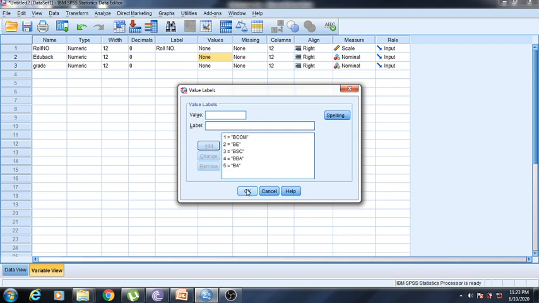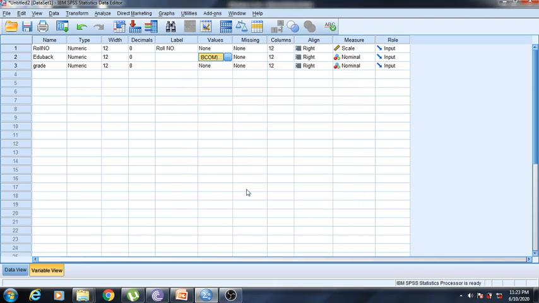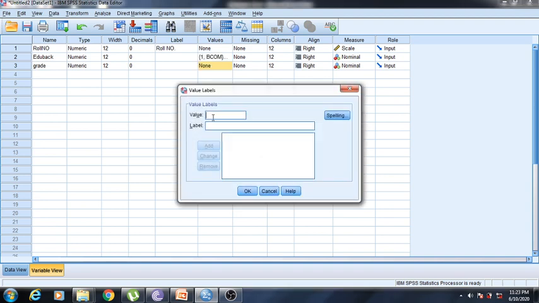So we have given names to the code numbers, and then for the grade, 1 is equal to grade A, 2 is equal to grade B, and 3 is equal to grade C. So we have defined that also.